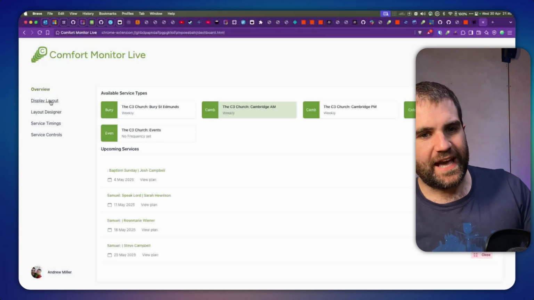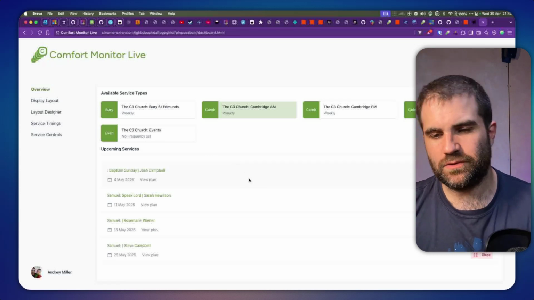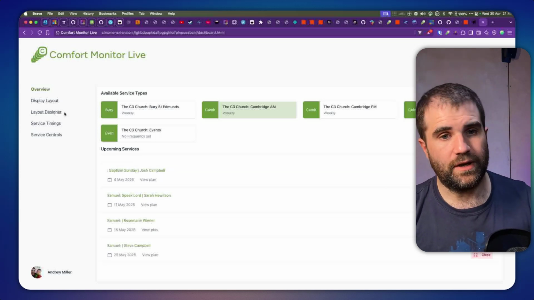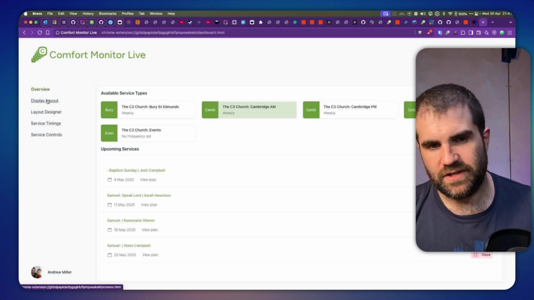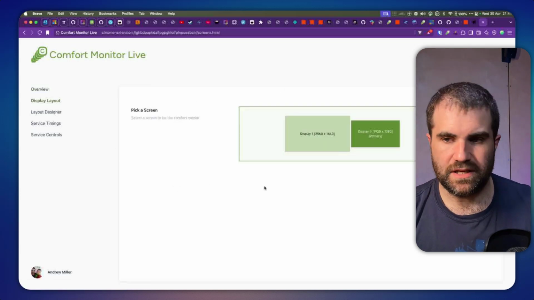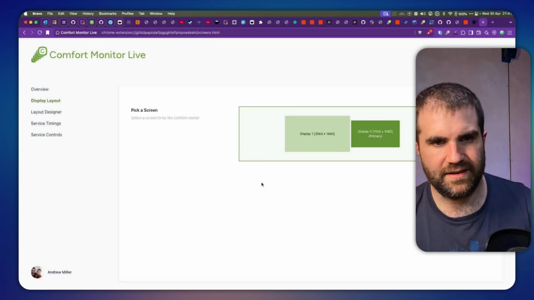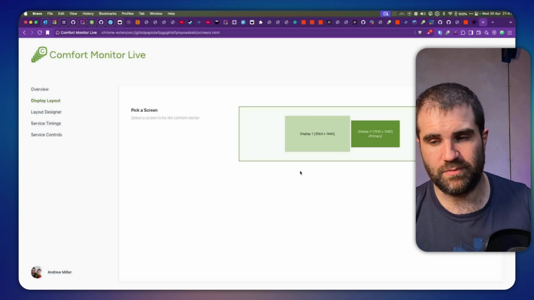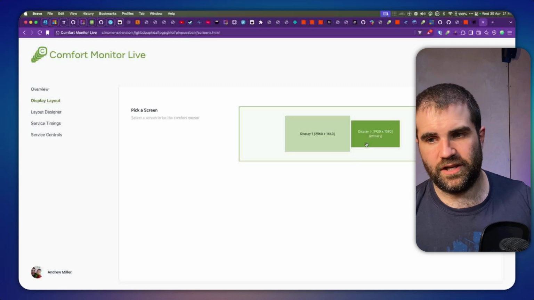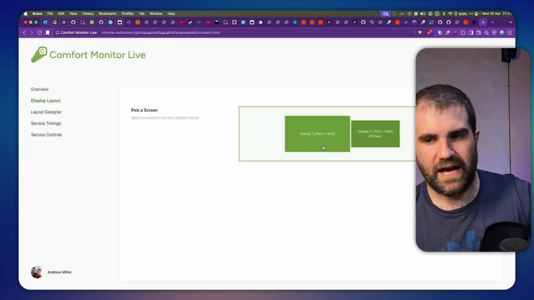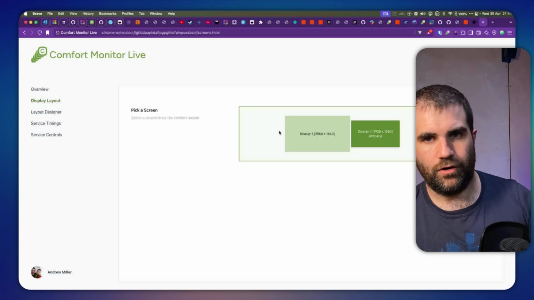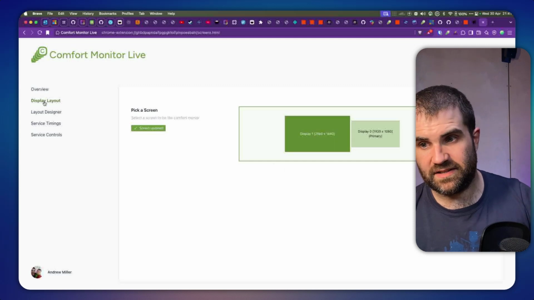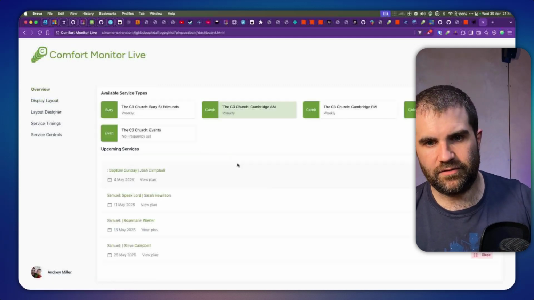So, first pro feature. This is all basic, and you can launch it and you get the default layout. What you saw was not the default layout. The first pro feature that I shipped last year is the display layout. Currently I've got 2 displays hooked up to my laptop. I've got the primary one, which we're recording from, and then I've got one over on this side of the screen. If I select this update, and then go to launch a service,